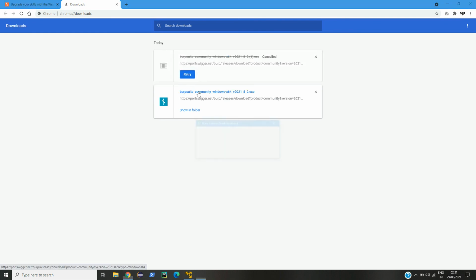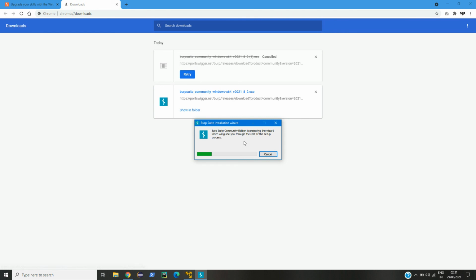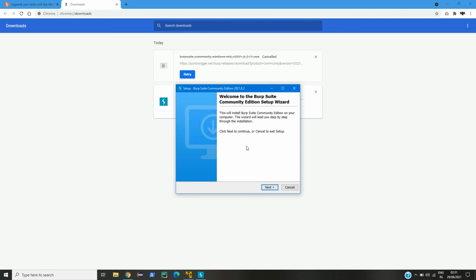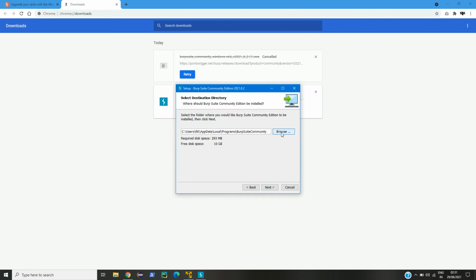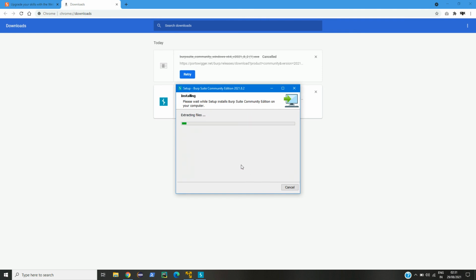So from here I can just open this software, and now go to next, and here you can choose where you want to store this software. Then just simply click on next.